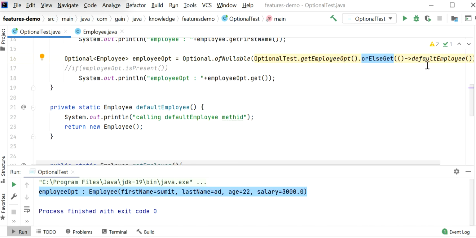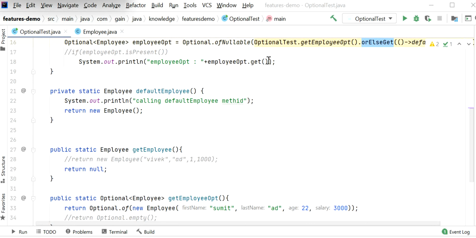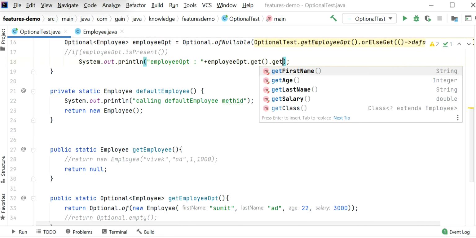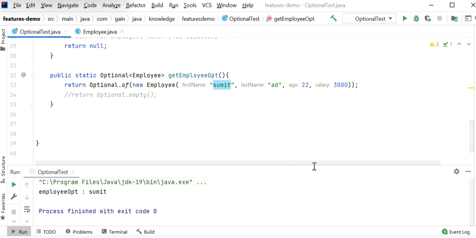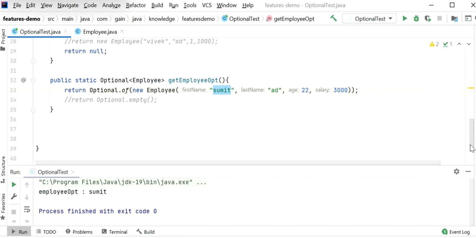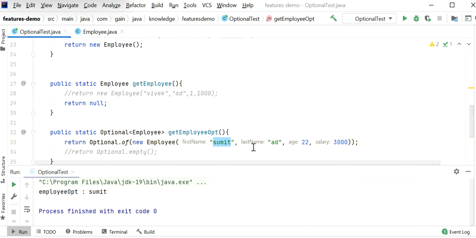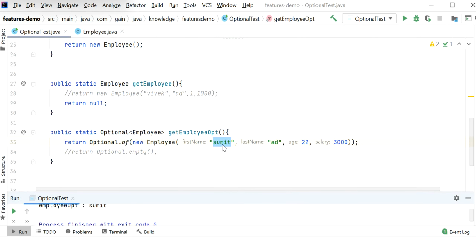In that case we just need to pass a supplier function and we can get the name from here, get first name. So run this application again. In that case we will get first name is Sumit. But there are some scenarios where we will get the employee object, but when we try to get the first name we can get null.